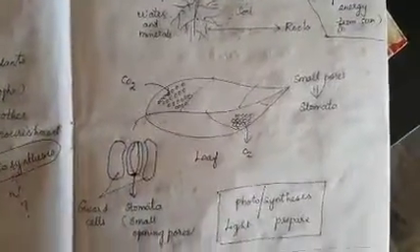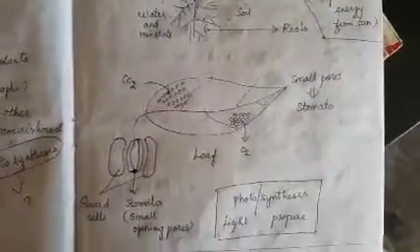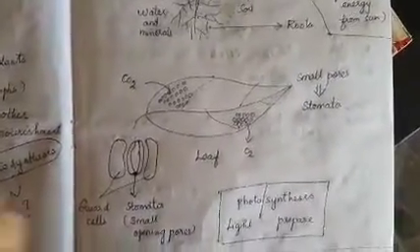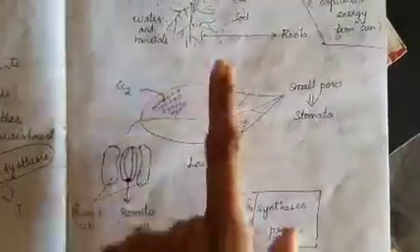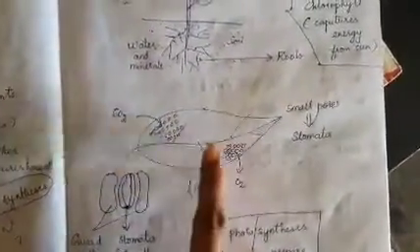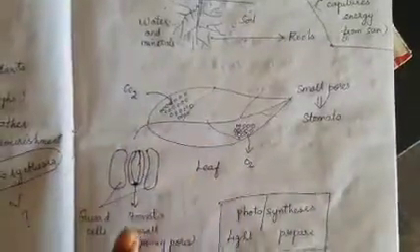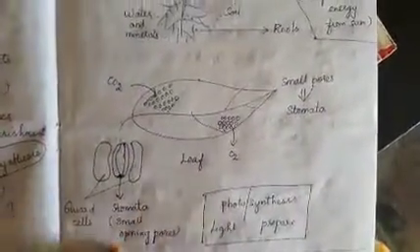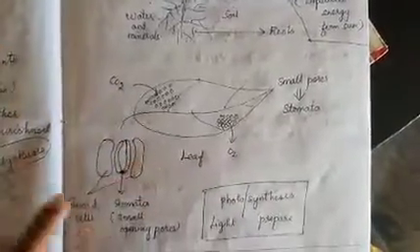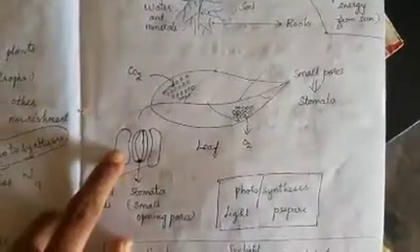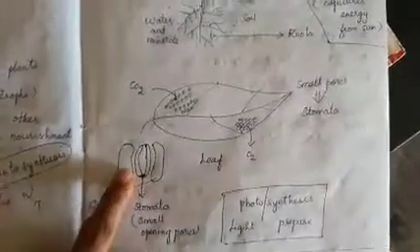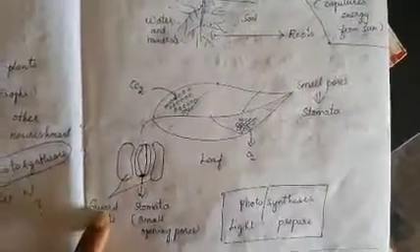Like how do we breathe? During breathing, we inhale and exhale. Our chest expands and contracts. In a similar way, plants are also living organisms. Mind you, children, they also respire because they are living organisms. They respire through stomata, this opening pore. It will open and close. And during that opening and closing, the guard cells, which are nothing but cells of the plant, do the work. I have just given a name called guard cells.